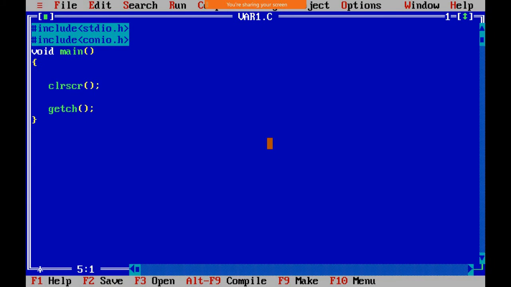If you want to declare a variable, that variable must be declared above clrscr. So that means here we need to declare the variable. If you want to declare a variable, you have to do it here. We cannot declare the variable after clrscr. If we did that, then we get an error. Let's check. First of all, here I will declare the variable, and we all know the syntax. First of all, we need to specify the keyword, after that the name of the variable.